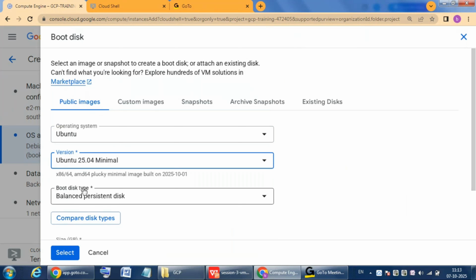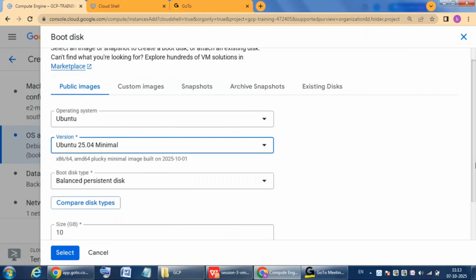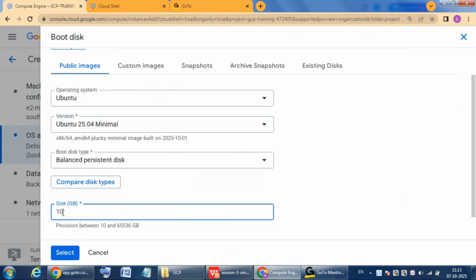What is a boot disk type? Suppose we purchase a new laptop, we don't have any operating system. While installing the operating system, it will use some boot disk space from the C drive, some particular amount of space. This is called boot disk type. When we are loading this Ubuntu operating system, by default it will take some boot disk usage of size 10 GB. It is our choice. We can give 10 GB or we can increase it, based on our needs. At present, I am going to select this boot disk type of 10